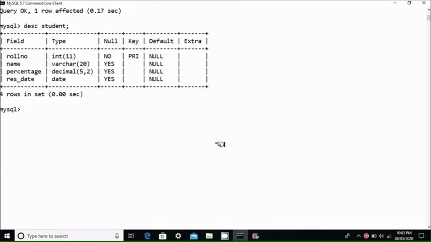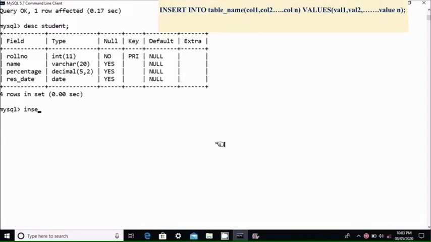In the second syntax, column names are mentioned after the table name. So here you can take any random order of columns. For example, INSERT INTO student within brackets roll number, comma, result date, comma, name, comma, percentage. Then VALUES 3, comma, 2020-5-6, then Akshay, 79.